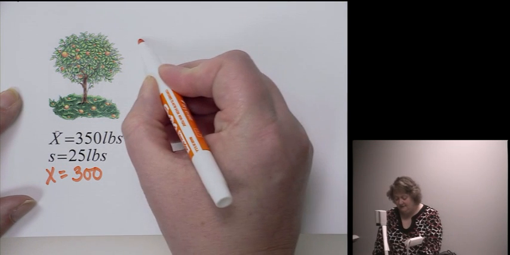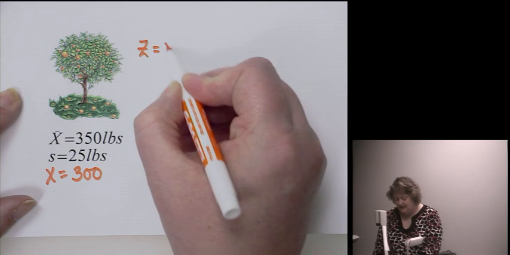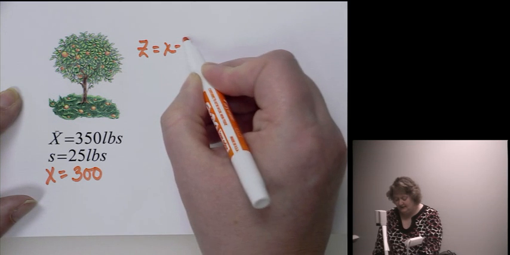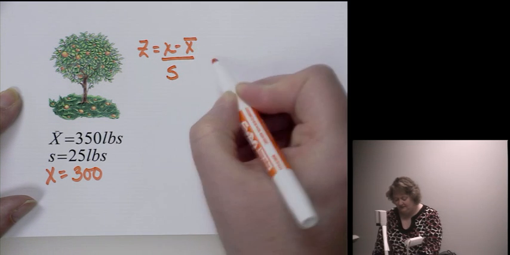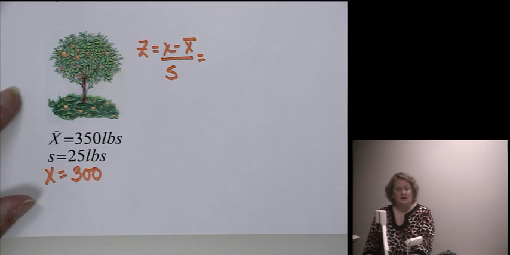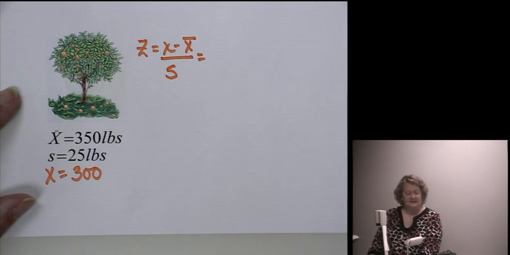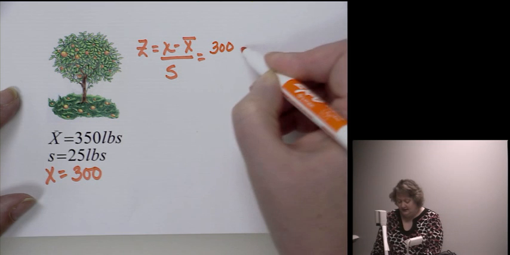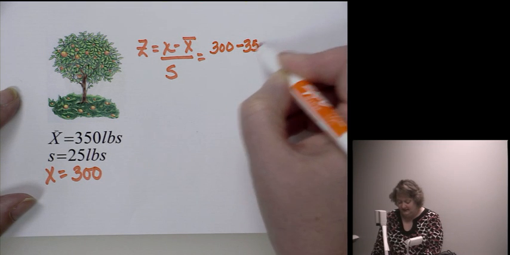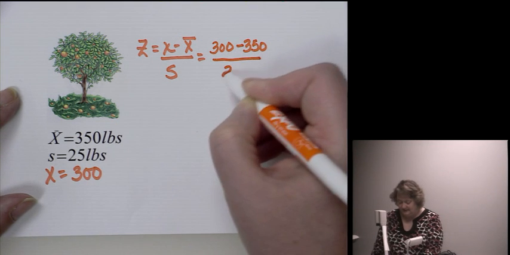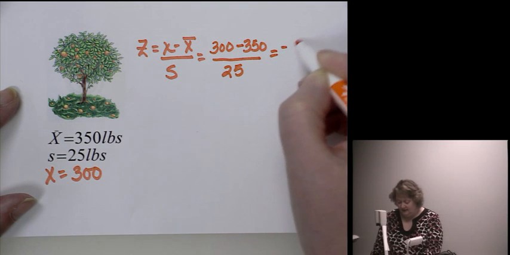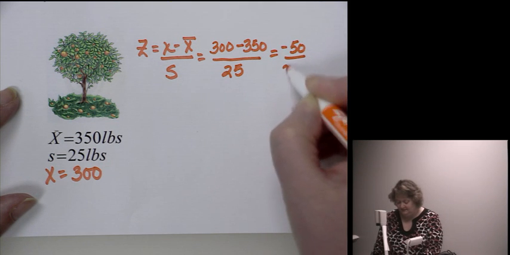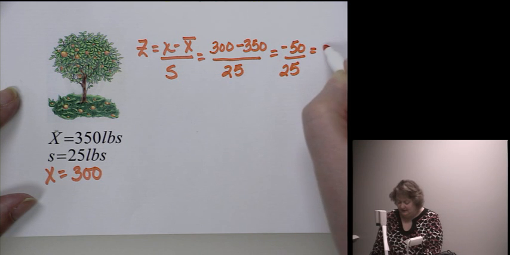And then again, my formula: z equals x minus the mean over the standard deviation. Again, we're using the mean and standard deviation symbols here for a sample versus before we used them for a population. Now we're just going to plug in 300 minus 350 over 25, negative 50 over 25, which equals negative